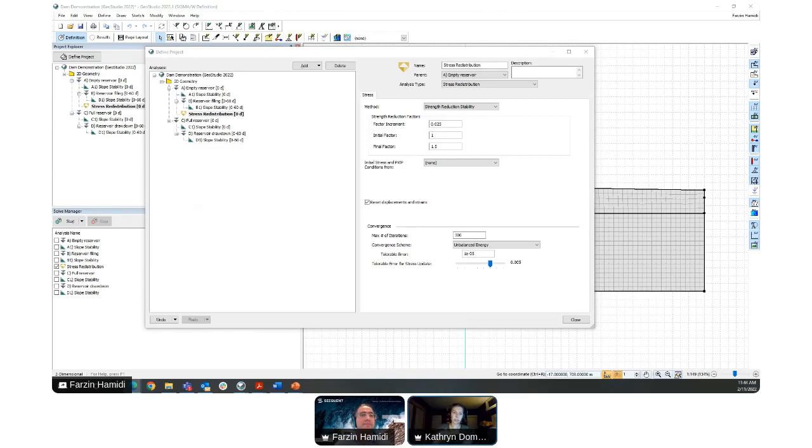You set up your slip surfaces, and then the stresses determined in Sigma W using those more intense constitutive models and the proper soil structure interactions are used to compute the factor of safety along the slip surface. So you could use that method, or you could use a full strength reduction stability technique to look at the stresses within the domain. Great question, because it allows us to talk a little more about Sigma W and the importance in some cases of looking at the stresses within the domain.